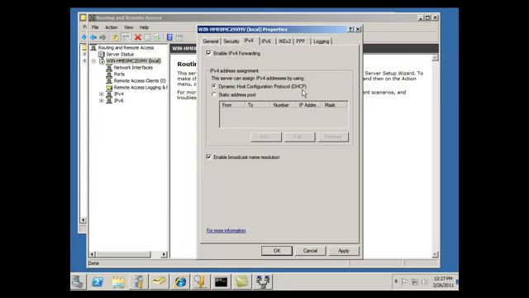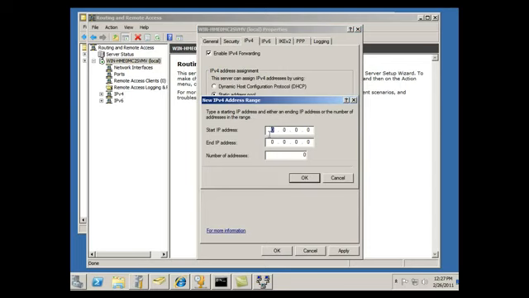Okay, we've got IP version 4 settings here. It's set up to work with DHCP, but for myself, what I'm going to do is set up a static address pool so I know specifically if someone's VPN'd in, I can check the IP address and then I'll know. So I'll set it to